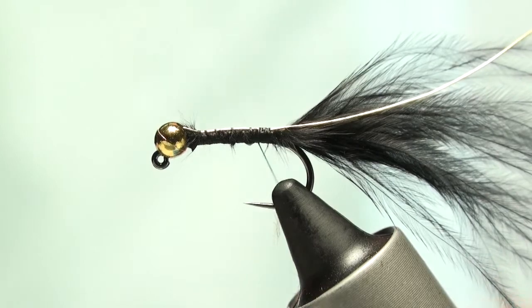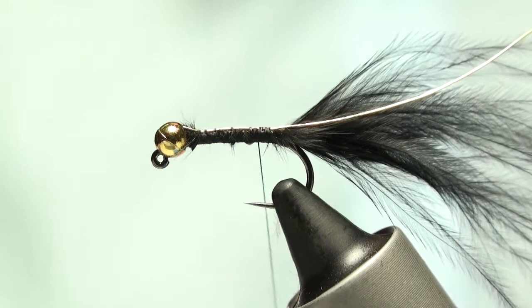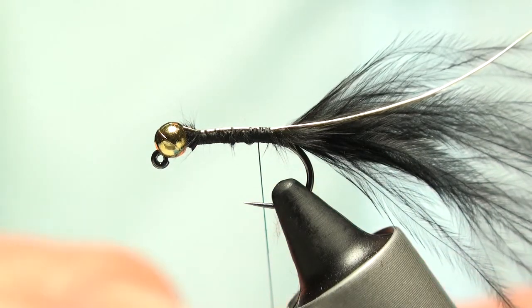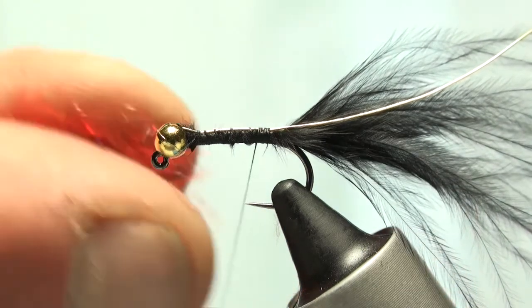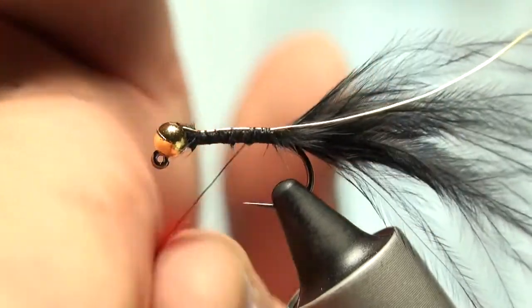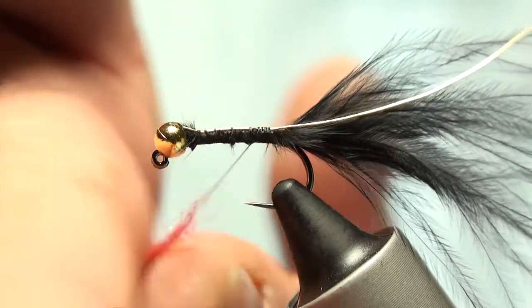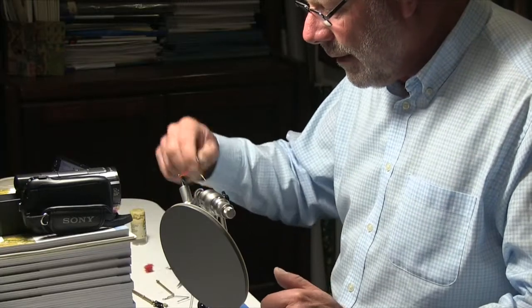So the dubbing for this is a Hen's Red Spectra dub. It's a nice red colour, and it also has UV highlights through it, which can be quite useful to make your fly stand out. But if you're in tannin water, there's really no advantage, because the tannin absorbs all the UV light. So there's no advantage in tannin water to having UV. There's no disadvantage, of course, either. But certainly if there's not tannin in the water, there is an advantage in having those UV highlights in this